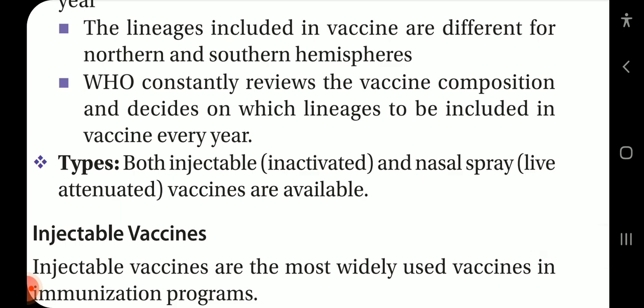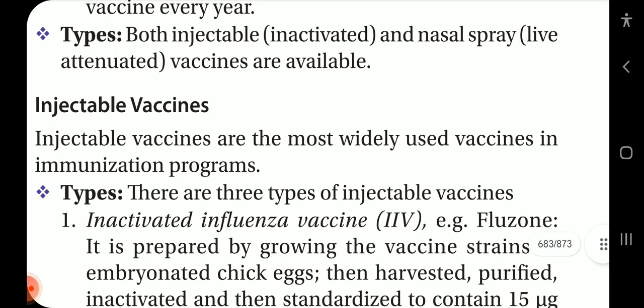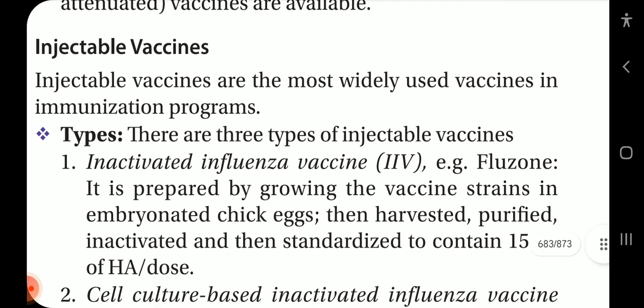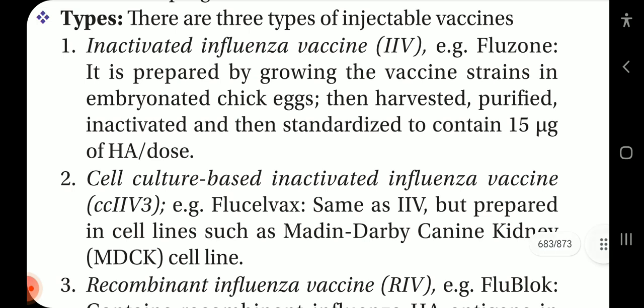WHO constantly reviews the vaccine composition and decides which lineages to include in the vaccine every year. Types: both injectable, inactivated and nasal spray live attenuated vaccines are available. Injectable vaccines are most widely used in immunization programs. There are 3 types of injectable vaccine: inactivated influenza vaccine (IIV), example Fluzone, prepared by growing the vaccine strains in